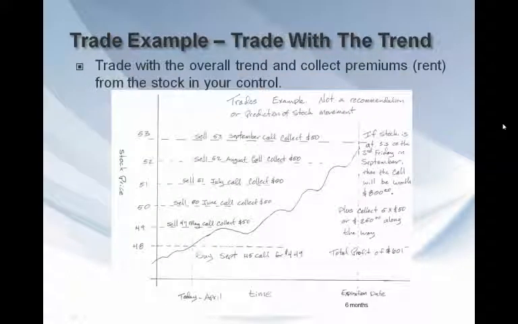This next example is a trade that goes along with the overall trend of the market. Most people are familiar to buying a stock and making money as the price of that stock increases. This strategy is similar to that. Let's say that an index is currently at a price of 48. First, buy a call that is centered at the 45 price level and expires in about 6 months. The initial investment will be $449.